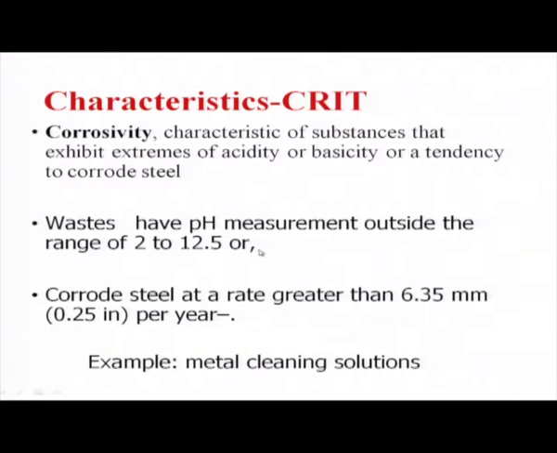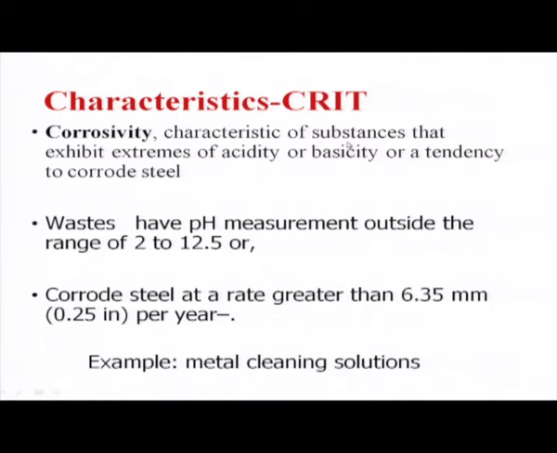Waste is corrosive if its pH is measured outside the range of 2 to 12.5. That is, any acidic waste material with a pH value less than 2 is considered corrosive waste. Similarly, any material with a basicity value in terms of pH above 12.5 is also considered